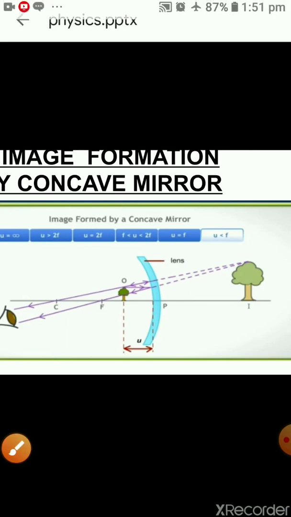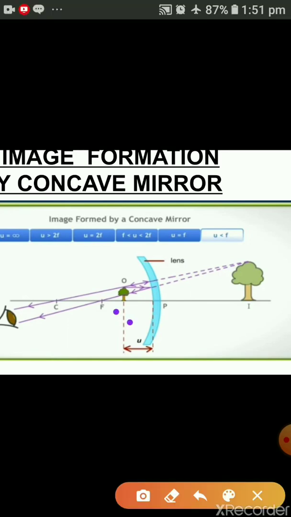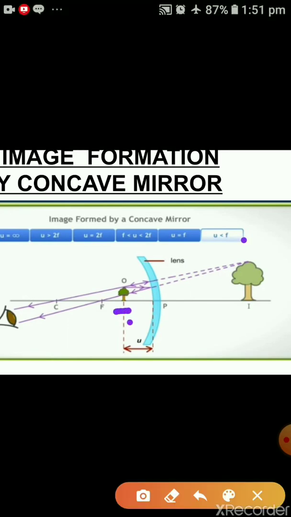So here you can see easily the object is smaller, but when we see the image of the object, it is bigger. So what type of size is it having? The size of the image is bigger than the object. Bigger size is also known as magnified size. So what type of image are we having? Magnified image. Now I have told you earlier also, when we extend light rays and they appear to meet at one point, it means it is a virtual image.